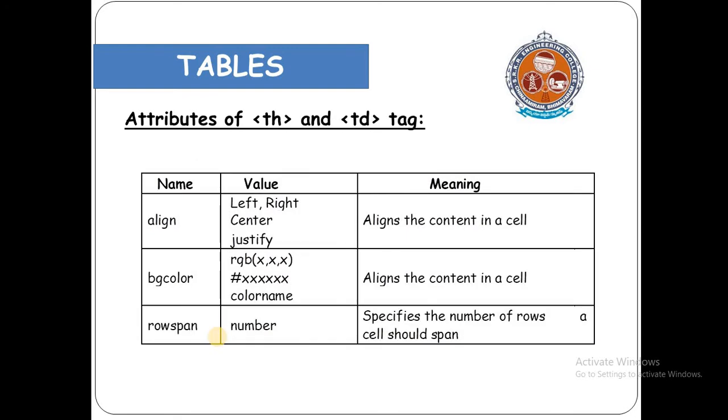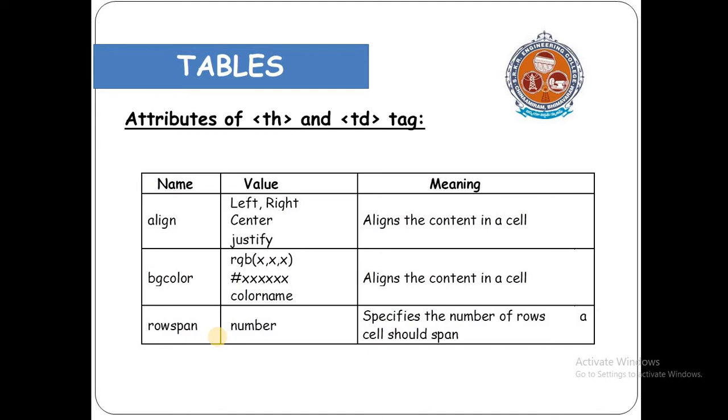So next, coming to th and td attributes, same. Th and td are nothing but table cell data. Same, it will align to left or right or center. So if you want to give our data, mechanical or CSE or IT, some color, use this bgcolor to only that cell. For tr, if you give bgcolor, it will apply to the full row. For table, if you give bgcolor, it will apply to the full table. For th and td, if you apply bgcolor, it will apply to just that single particular cell.